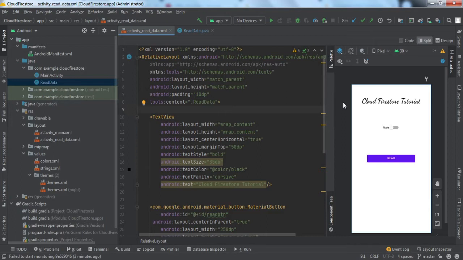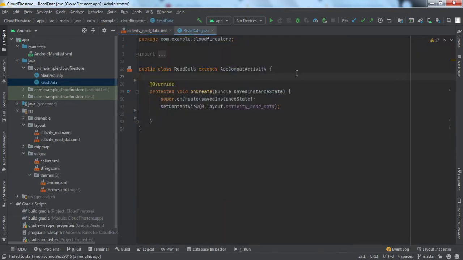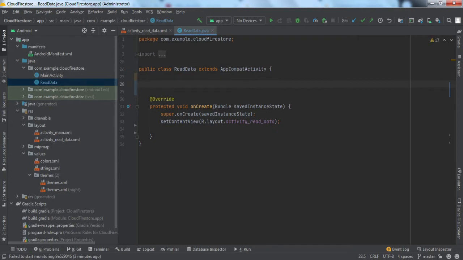So here you can see that we have this front end window. It's just a normal button and a switch which I have made to apply the filters, and while clicking on this read button we'll read the data, right? So I'll not be explaining these things, we'll just dive into the backend code. If I just go to this Java file, so first of all, I'll write the backend code, then I'll be explaining the code. That will save some time, right?